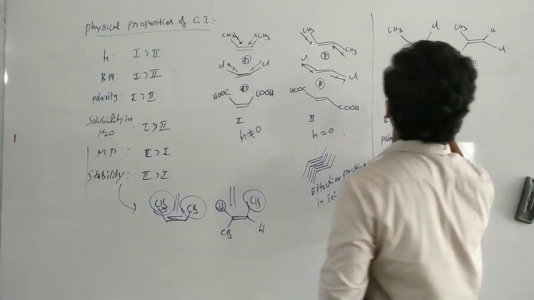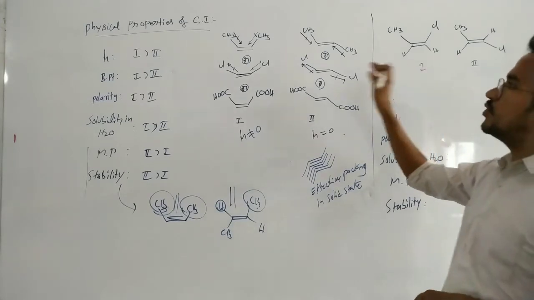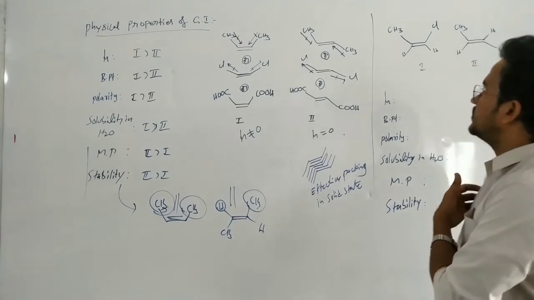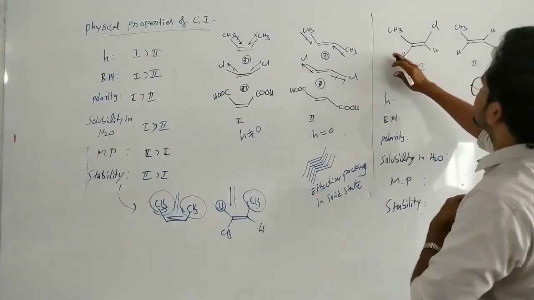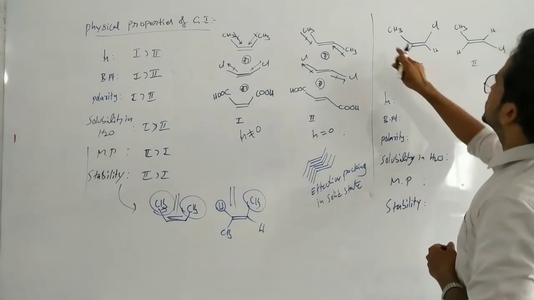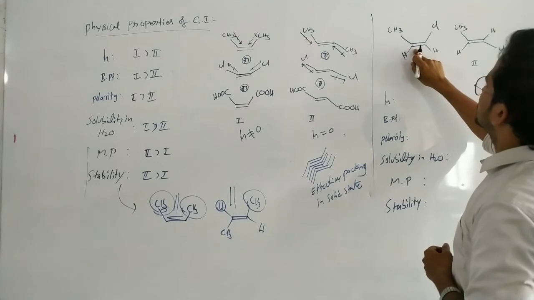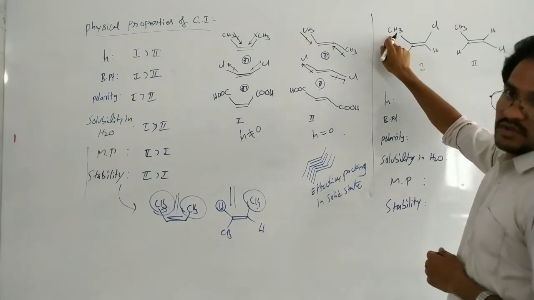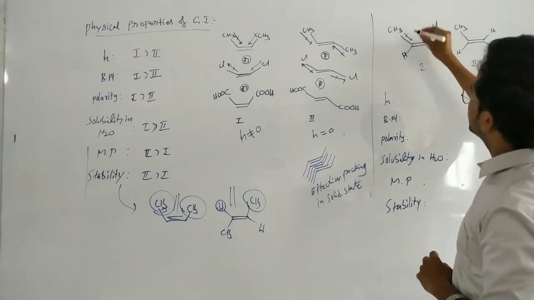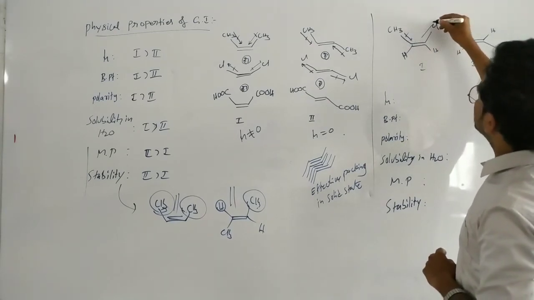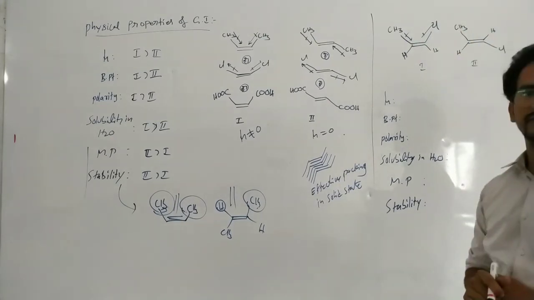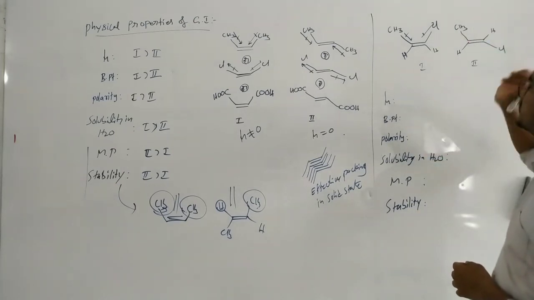That's it. Coming to this one, in this case both groups are the same. Same means both have the same nature. Here in this case, you can see a CH3 on an sp3 carbon and the sp2 carbon. Which is more electronegative? The sp2 carbon is more electronegative, so the direction is towards this one. But chlorine is more electronegative, so here the direction is towards itself.